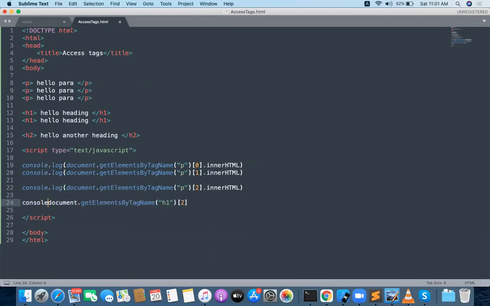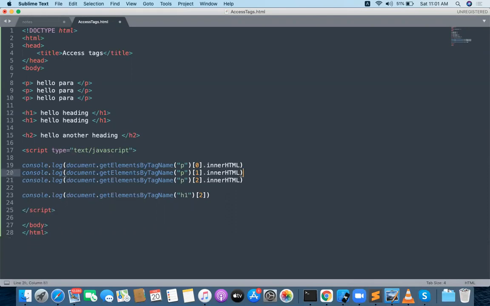Can I go and check it out? Hello, hey. Console.log. Please check once. Is H1 of 2 available or not? No, we don't have it. Only two H1s are there. The first H1 has the 0 index, the second H1 has the 1 index. Where do we have the 2 index? We don't have any 2 index. You are having a syntactical problem.